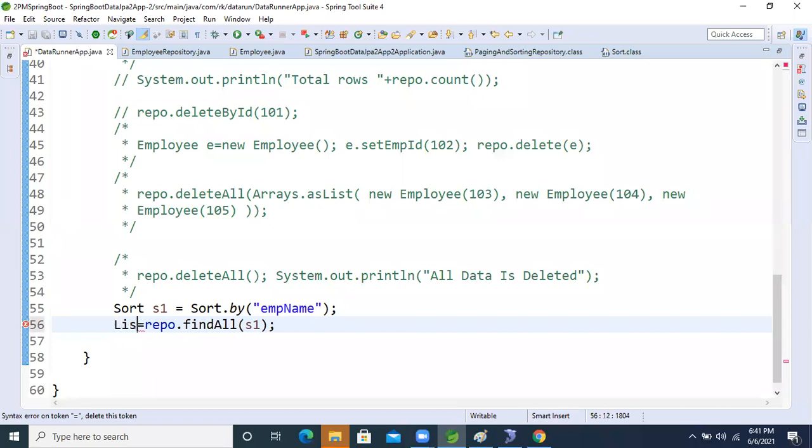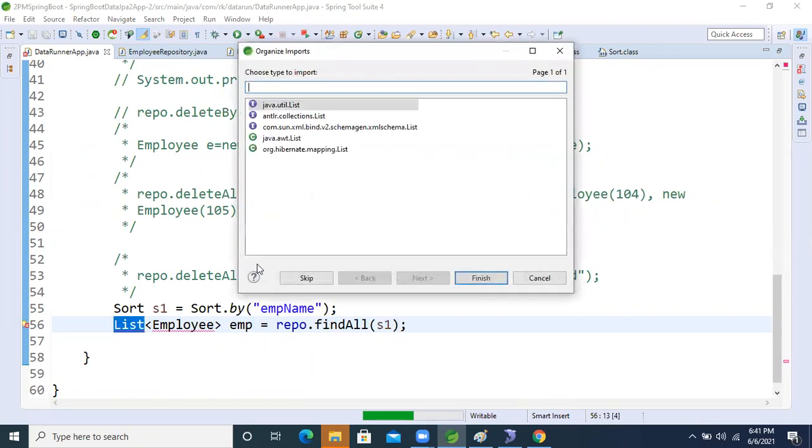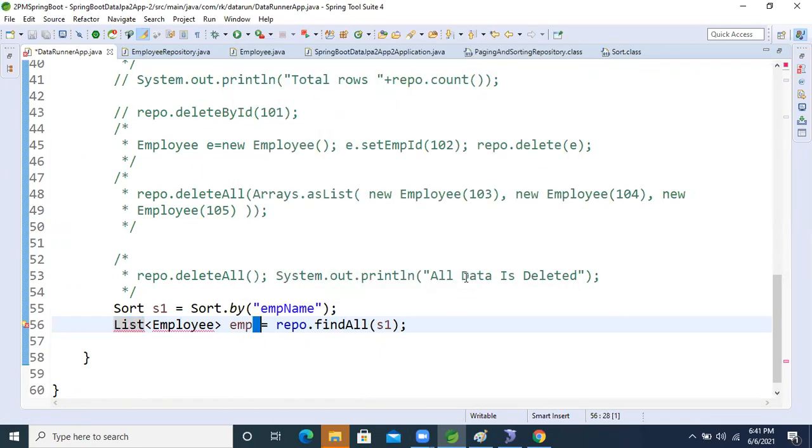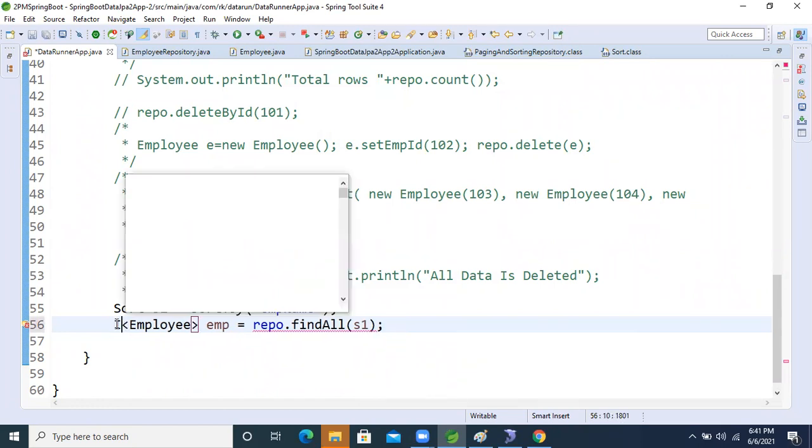Employee, control shift O. Sorry, it will return what? Iterable, right?